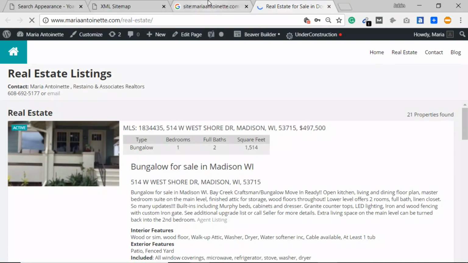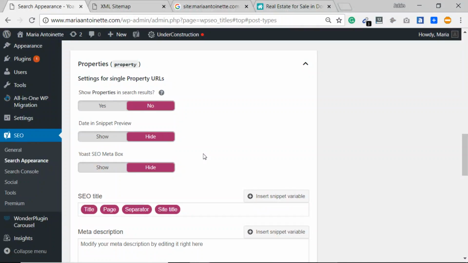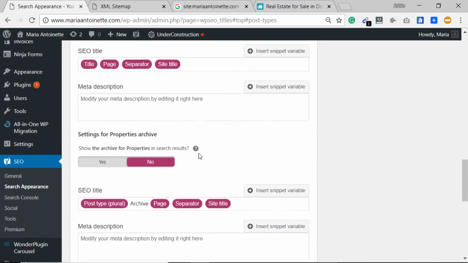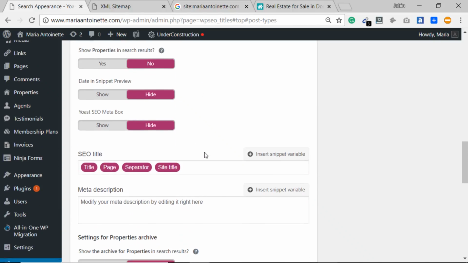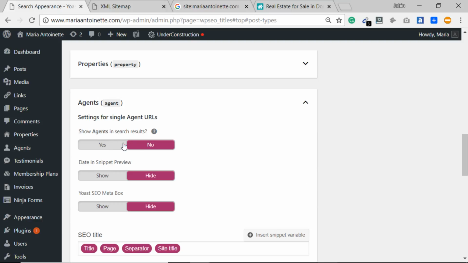Again, so that we don't lose any visitors. Anyone who wants to come to the website, they can just see it. They just get redirected to the right website. Okay, so the next thing is, so these are the properties. We don't want that. Agents, again, the same thing. You do a no for agents. We don't want that page to appear